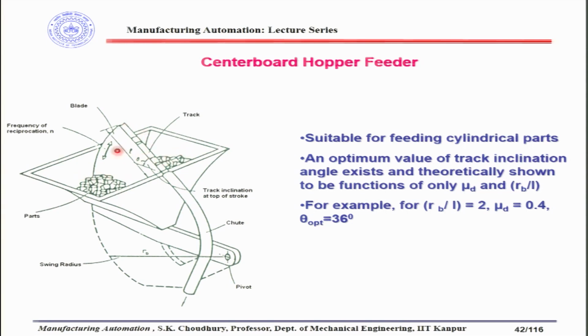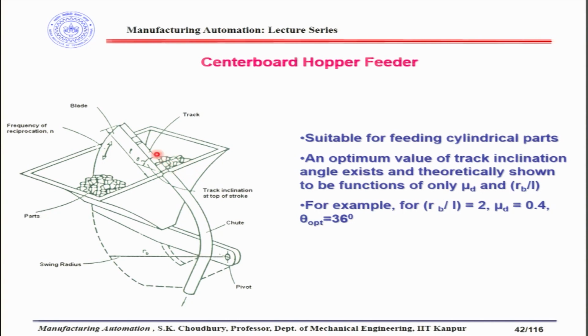Through the mass of the parts, as we said, there is a blade which reciprocates, going up and down. While going up and down through the mass of parts, on the track of this blade, small parts will be nested. At the topmost position, when the blade is aligned to the delivery chute, all the parts slide to the chute and go to the assembly machine. So this is a simple design, and the basic thing to be designed here is